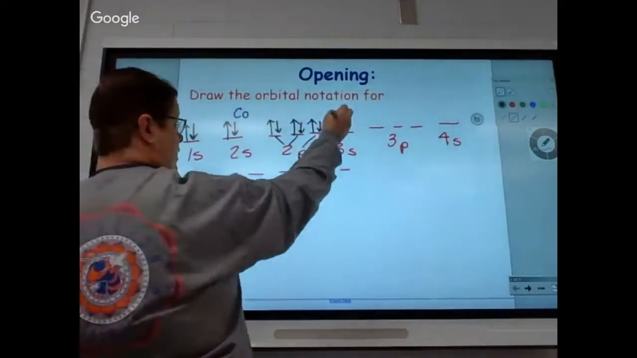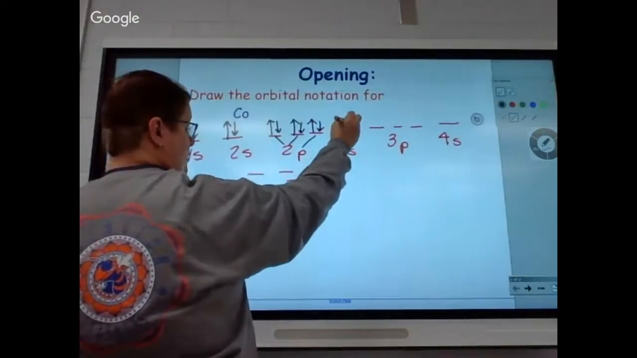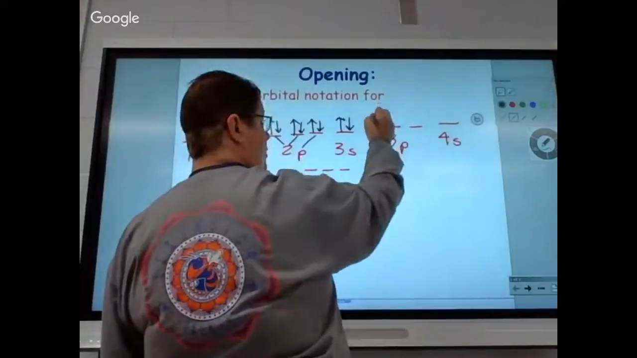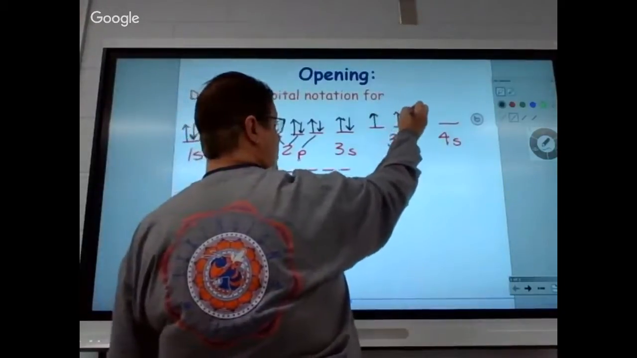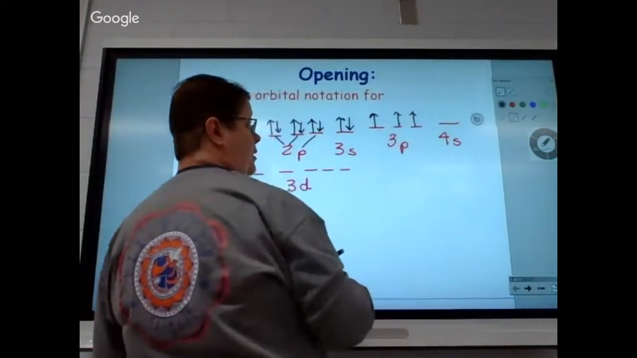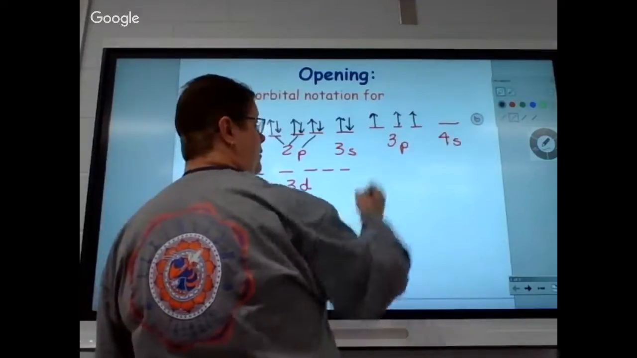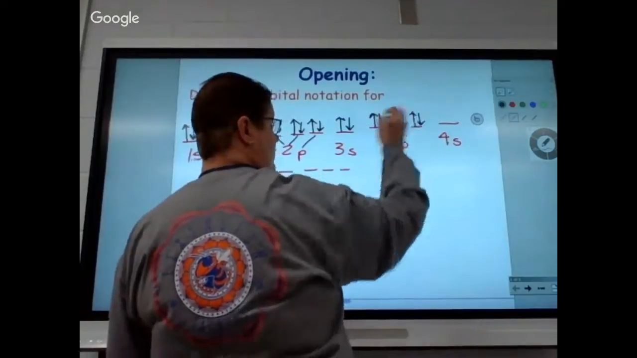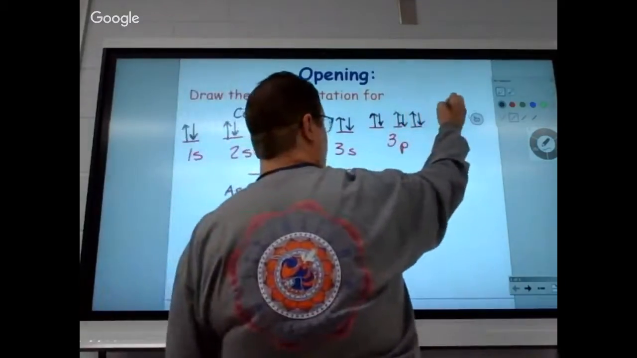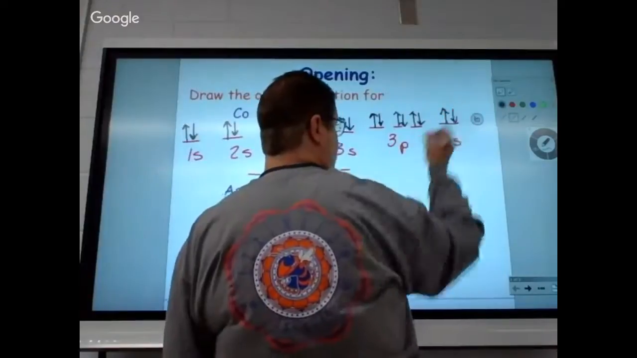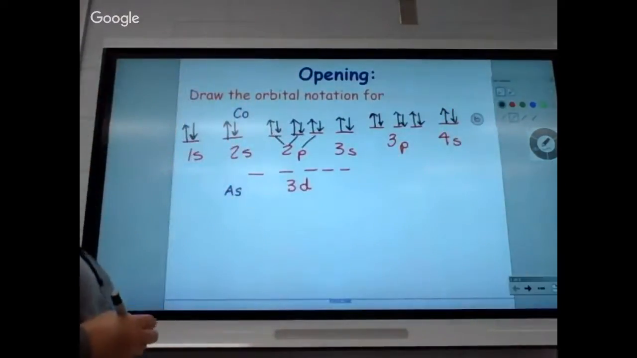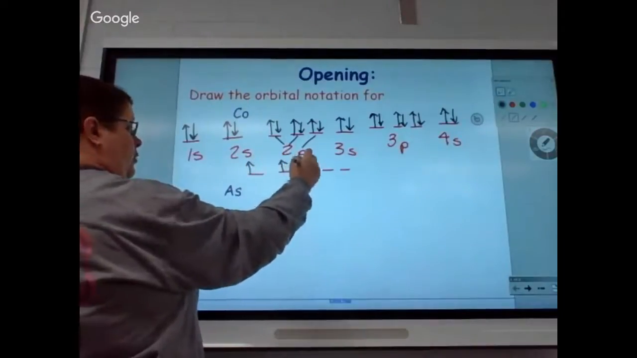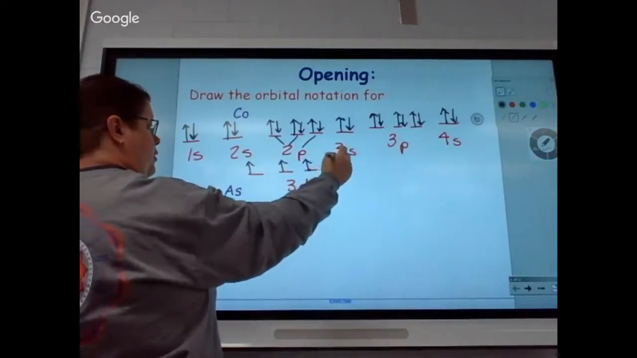Number 11 goes in 3s. Number 12 goes in 3s. 13 gets his own room. 14 gets his own room. 15 gets his own room. 16 has to do what? Has to share. 17 shares. 18 shares. 19 goes in 4s. 20 has to fill it. Now, we're at 20. We need 7 more. 21, 22, 23, 24, 25,